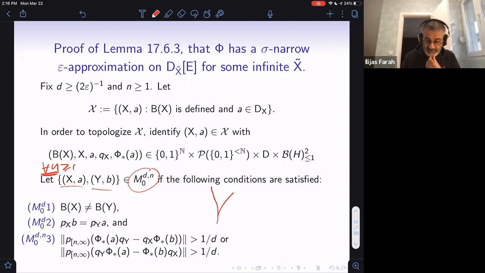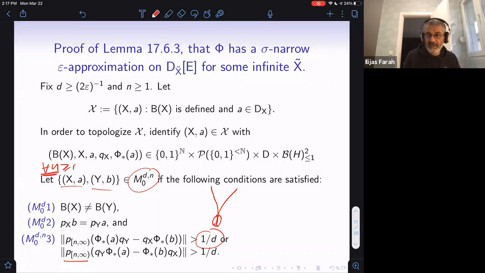First one is that x and y determine distinct branches. Second is that a and b agree on this small part where their branches agree. And the third condition is that, unlike a and b, their images disagree as badly as 1 over D, and also badly in another way after nth index. Projection P,